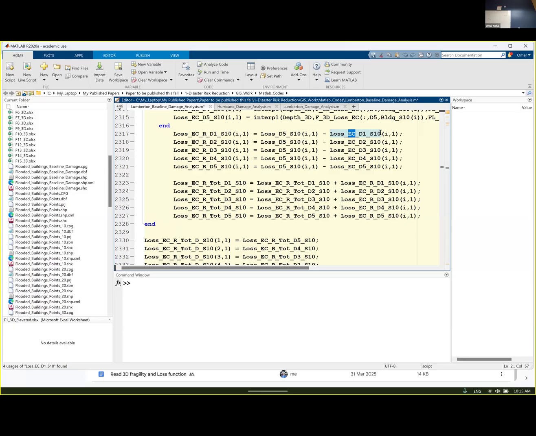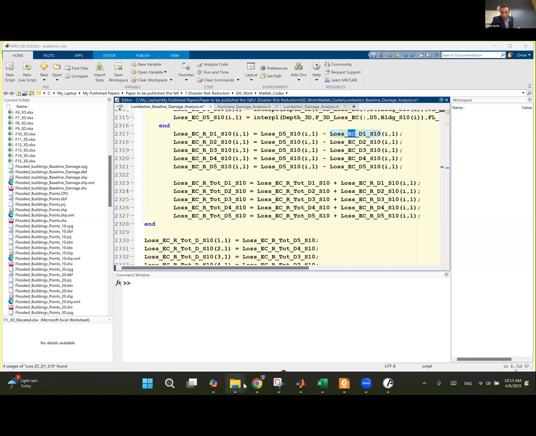You guys remember, the D5 is the base flood mitigation, like D5 is the section at the 10 days, which is like if we didn't consider duration. And I told you that the last curve on the 3D surface is almost the same as if we didn't consider any mitigation. Like if you go back here,